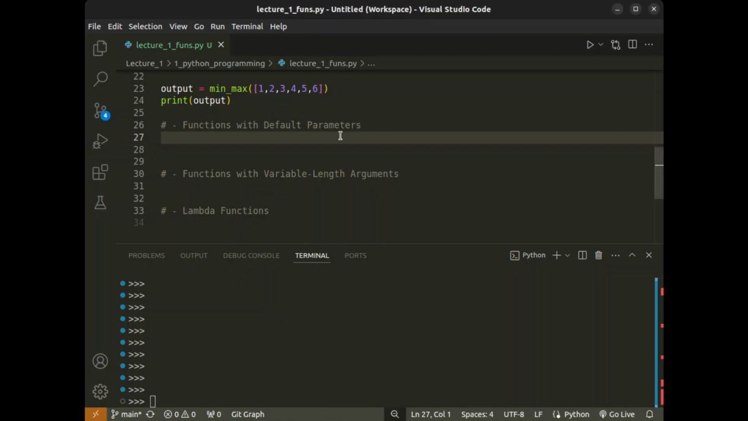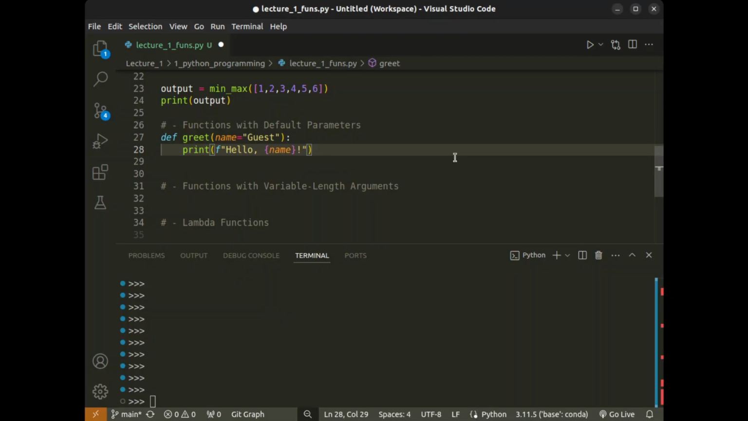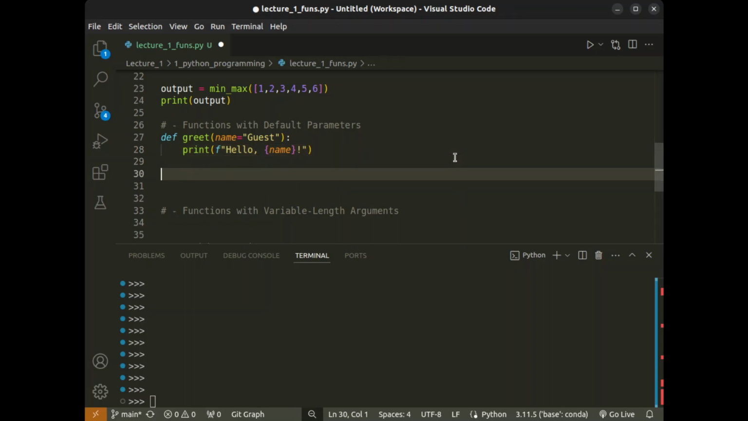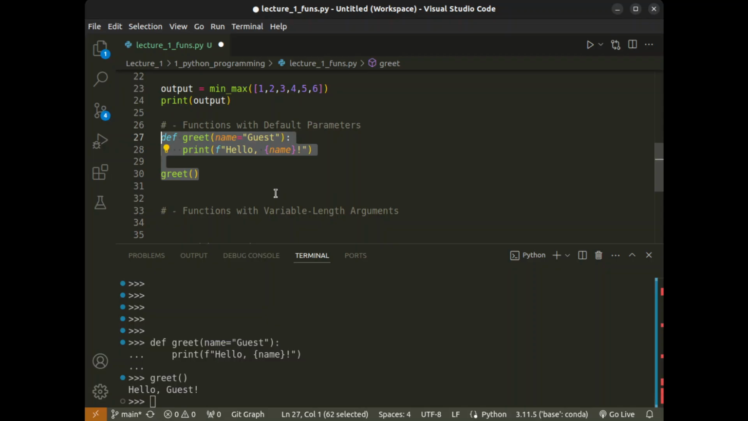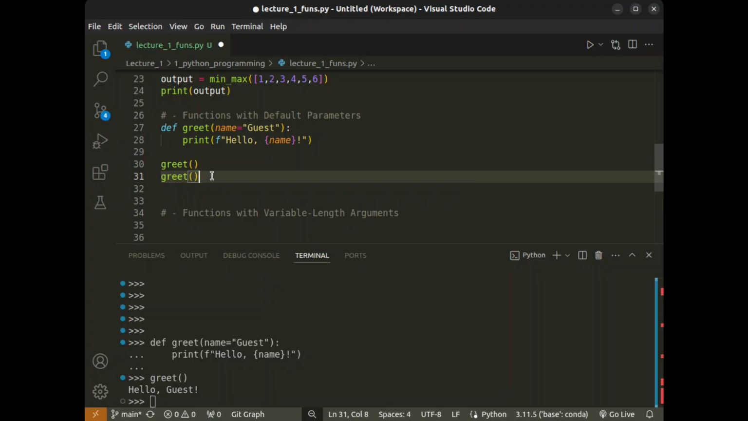In a simple format, I can have a function like this, similar to what we had before, but now I'm giving the input argument name a default value. So if I call this function now without giving any value to name, the input argument, I get hello guest. Right? And if I do give a value, then that value will replace